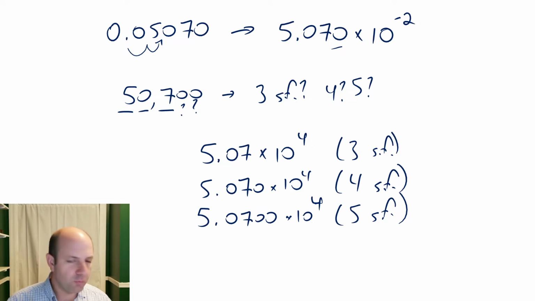Okay. Well, what do we use this for? When we measure things, we can make sure we include the numbers we know. We can make sure we estimate the last one. We can say how many sig figs there are. Why do we care? Well, it turns out when we combine these measurement numbers, when we do math on them, adding, subtracting, multiplying, dividing, knowing the number of sig figs, or knowing where that last sig fig is in terms of place value, determines what our final answer will be. And so the simple rules